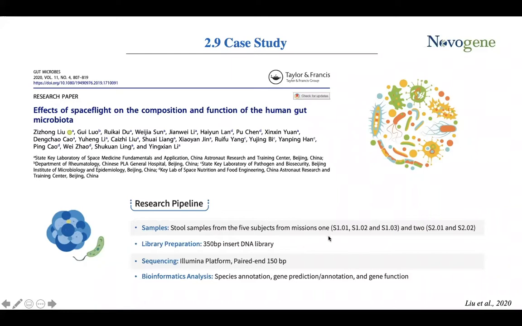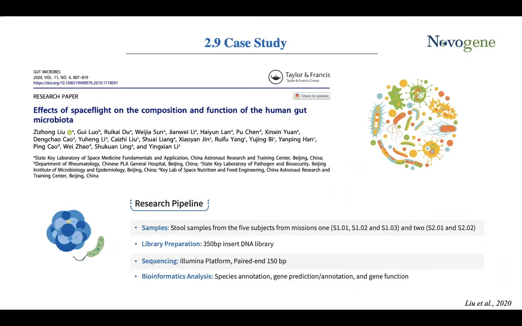There are 3 people, namely S1.01, S1.02, and S1.03, and the second spaceflight mission has 2 people, S2.01 and S2.02. From the fecal samples, they extracted the total DNA and constructed a 350 bp